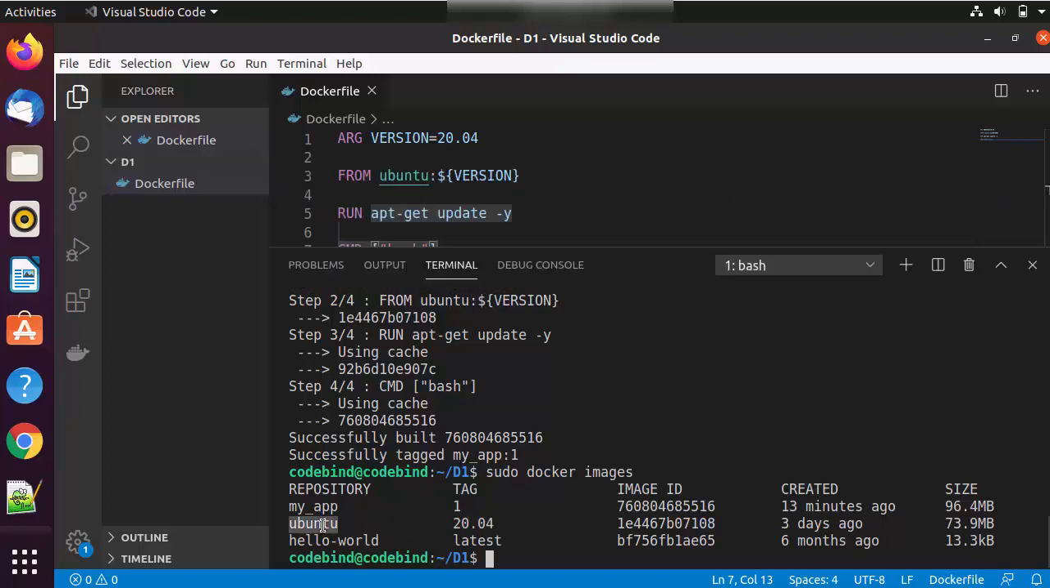So as I said, we have fetched this Ubuntu image and the version for it is 20.04. Here in the version, if you don't know the version, you can always write latest. So just write latest here, and it's going to fetch the latest version of the base image you want to have. So let me save this file with the latest version and then run the same command